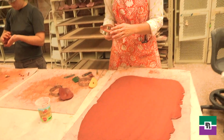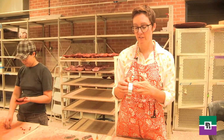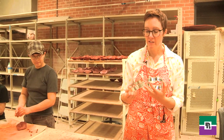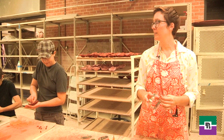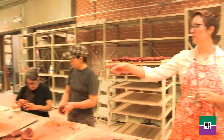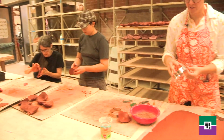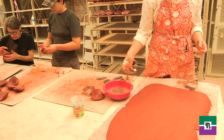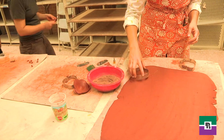Okay, so we've created these poppy cookie cutters, and literally they're just cookie cutters. And so I've bent them into these sort of organic shapes. And so, Muhammad, can I have the bowl of dust? Yeah. So we have some clay that we're going to dip these into to keep them from sticking, sort of like you would flour. And so I'm going to go through and just very economically